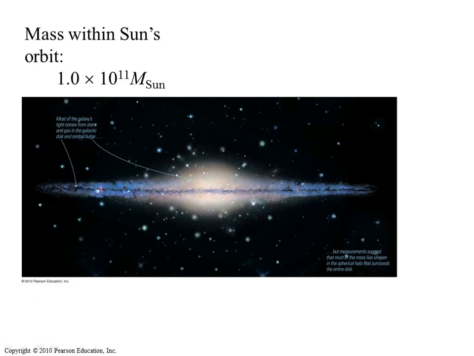I like your next slide because it actually shows you, I guess it's coming up. It's on the next one. Okay, so I don't know if you committed it to memory, but you guys maybe told me on your test that the Milky Way galaxy is about 100,000 light years across. So you figure 50,000 light years from the center out to the edge, and we're about 27,000 light years out. So what this is saying is basically take 27,000 light years, make a circle, kind of like you saw me doing, and within the Sun's orbit is about 1 times 10 to the 11th solar masses.